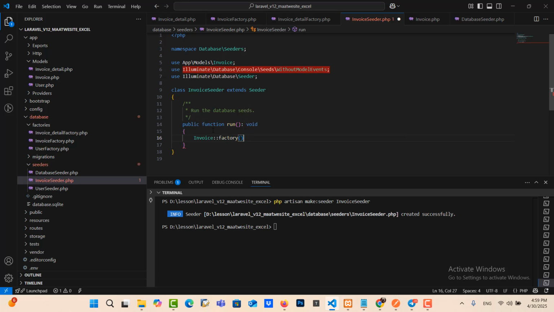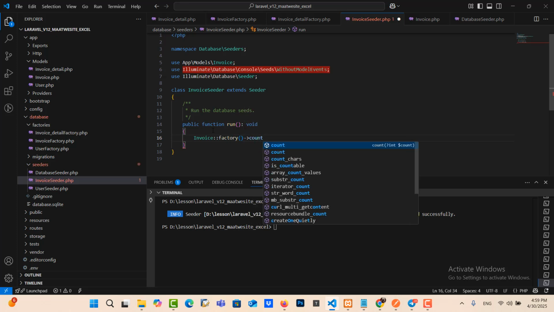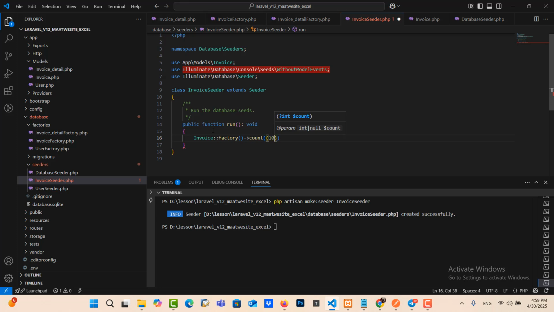And it invoice factory count 10. It means that I create 10 records in table invoice.